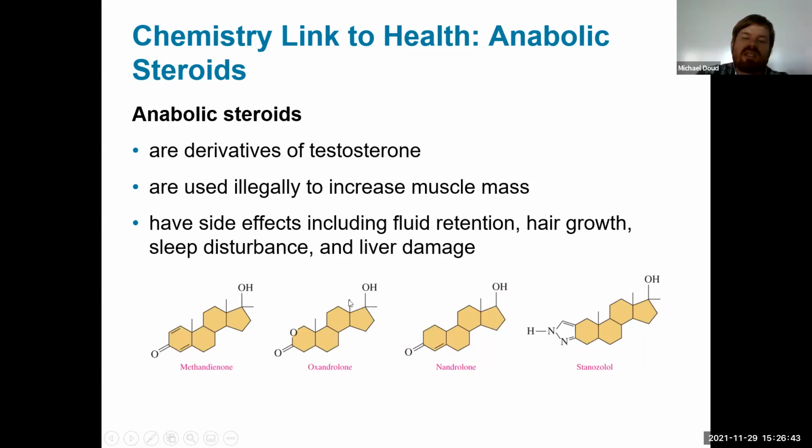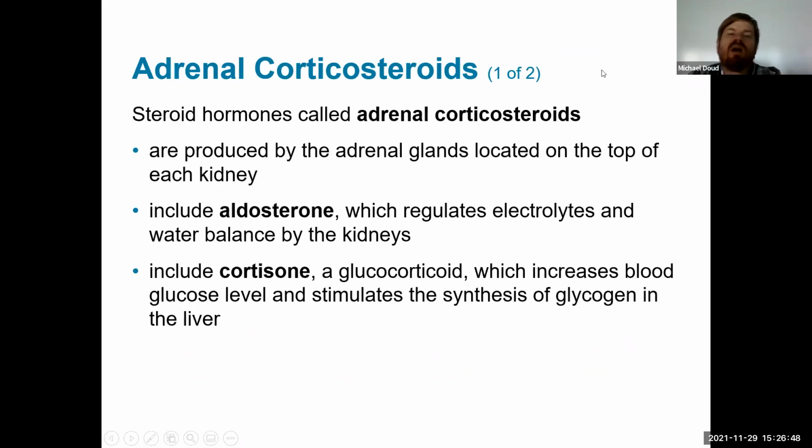Note that these all have the kind of steroid nucleus. They're just slightly different. Okay, so that's anabolic steroids. Now let's talk about some of the other steroids that are important in our body functions. That's the adrenal corticosteroids. The adrenal gland is located on top of the kidney, and it produces these adrenal corticosteroids, including aldosterone. That's a mineralocorticoid that regulates electrolytes and water balance in the kidneys, and cortisone, which is a